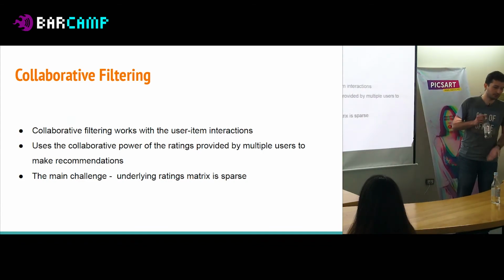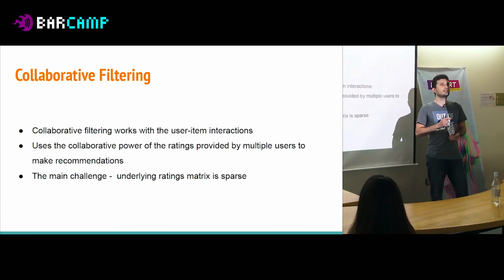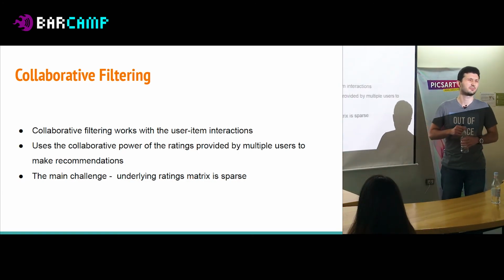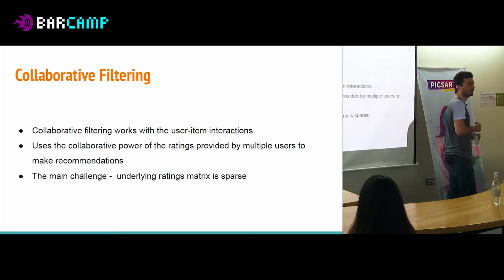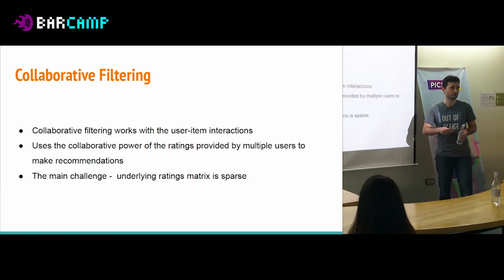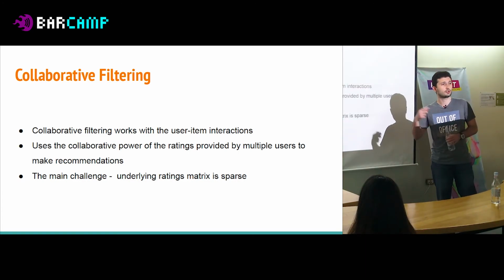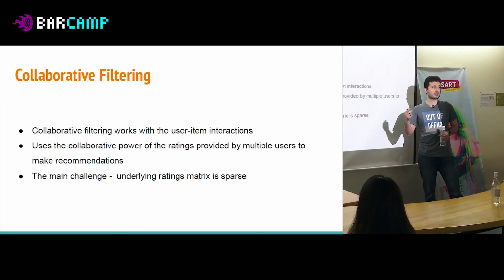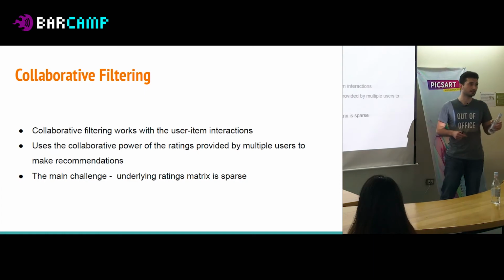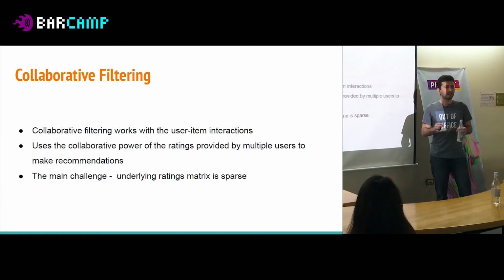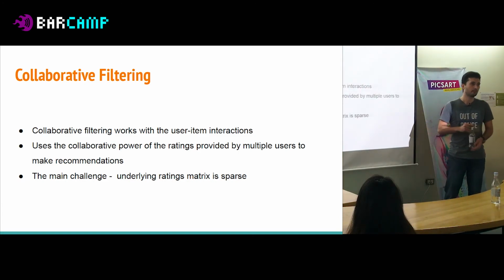So the idea of collaborative filtering is that, firstly, what data do we use? We use user-item interactions. So if John has watched movie Star Trek and then Star Wars, and Rachel had watched Star Wars and Star Trek, and then she also watched Alien, we know they are similar, but there's one additional movie Rachel had watched that probably John is going to like as well, since they're similar. So this idea is the underlying idea of all approaches that collaborative filtering has.